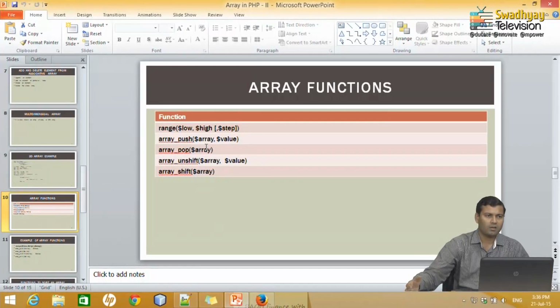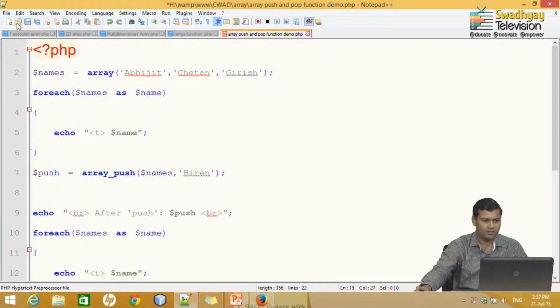So, these are known as LIFO, and in the same way there are two functions, array_unshift and array_shift, but these work in a first in first out or FIFO way. So, this is like a queue, and the earlier one is known as a stack. As we know, in a stack, the element you put last comes out first, but in a queue those who are first will come out first. So, unshift is the same way, but it will add at the start of an array, and shift will take the first element and return it. I will explain the same with an example.